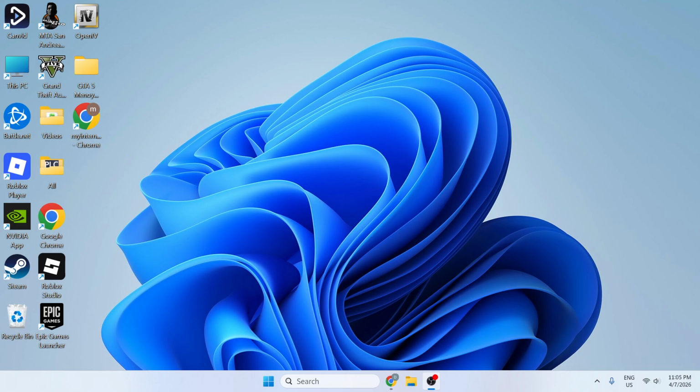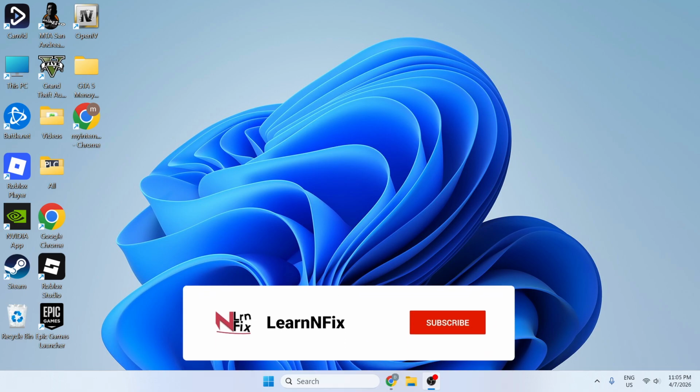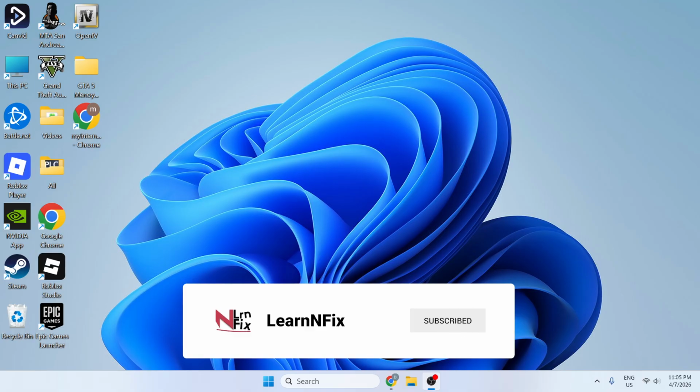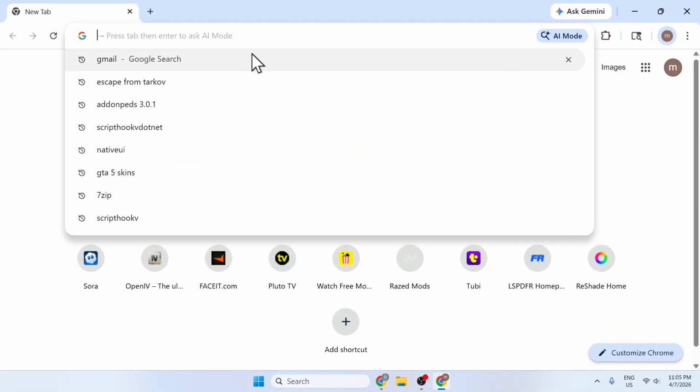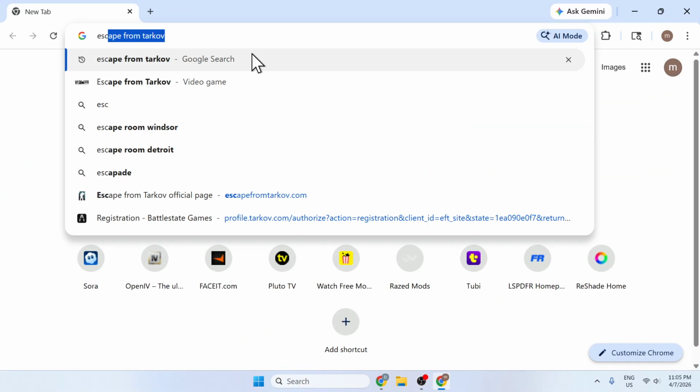In this video, I'm going to show you how to fix the "files are corrupted, integrity check through Steam is required" error for Escape from Tarkov. So the first thing you're going to do is open Google, and here I suggest downloading the game from the game